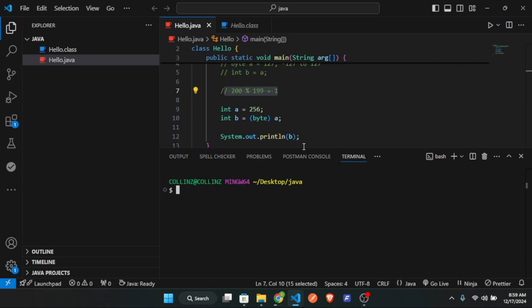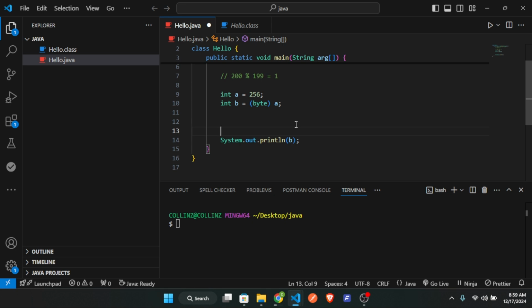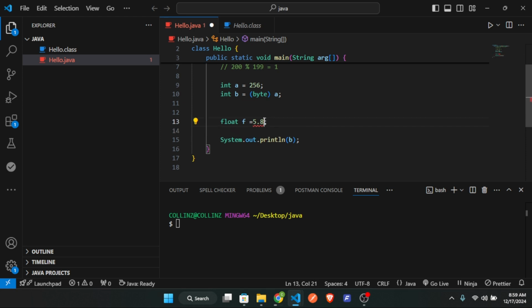So what if I want to deal with other numbers like float? I want to change float. So you have float, which is f. Give it like f, say like 5.8. What if I want to change this? Remember, float takes decimals. So what if I want to change this into an integer? So let me say like int num is equal to f, then close. You can see